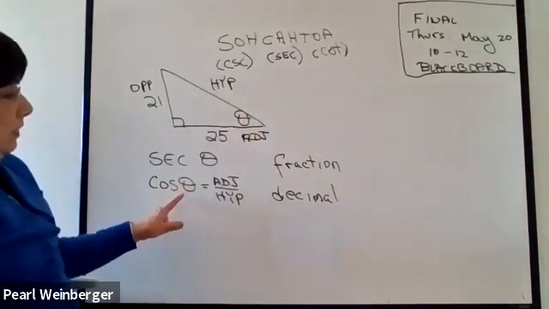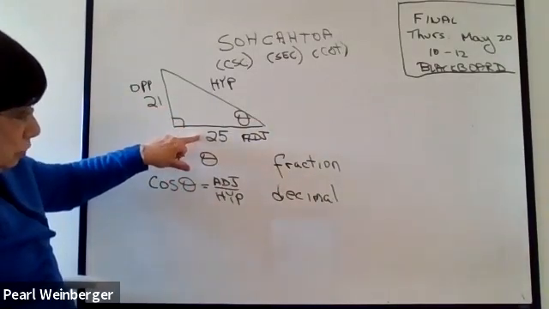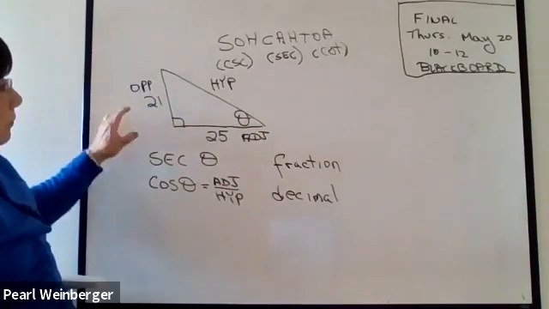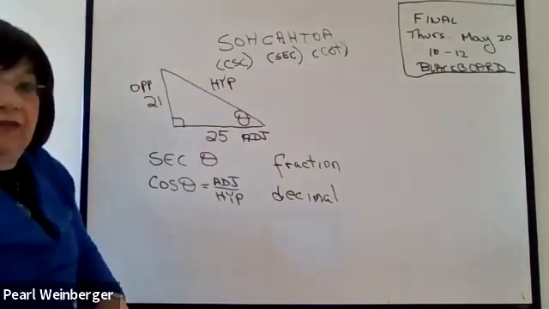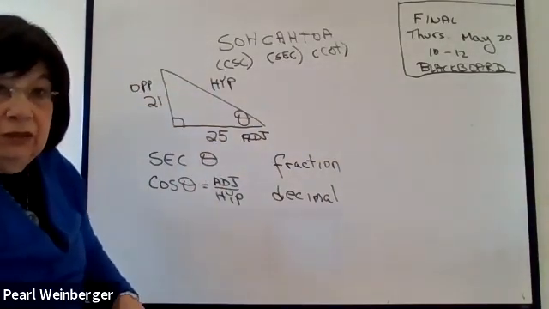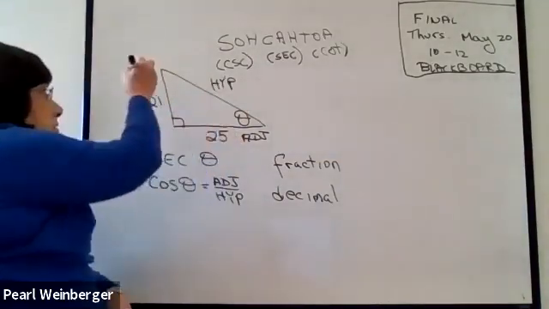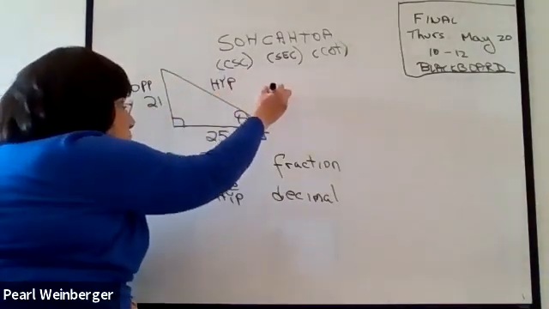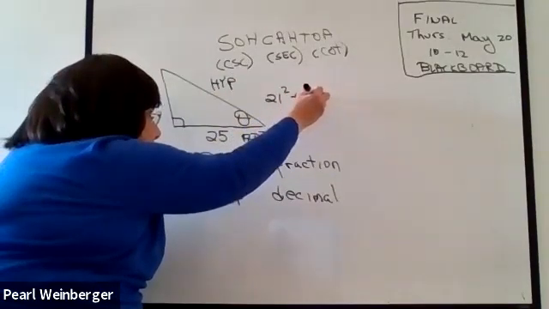In order to find the cosine, we need both the adjacent, which we have, it's 25, and the hypotenuse. We don't have the hypotenuse. So the first thing I have to do is figure out what the hypotenuse is. And I can figure that out by using the Pythagorean theorem. This is a squared plus b squared equals c squared. 21 squared plus 25 squared